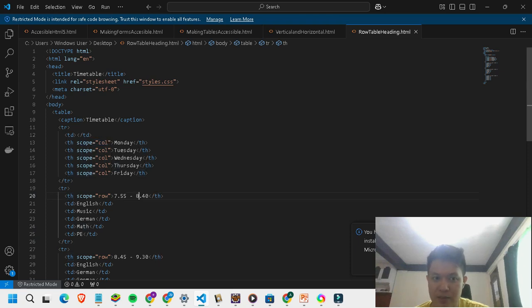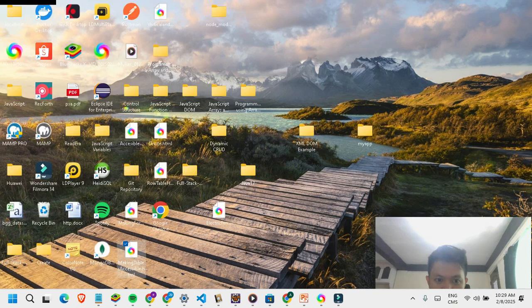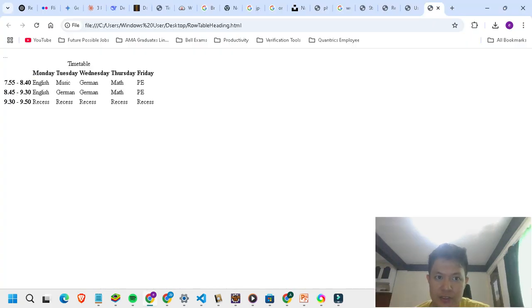So let's say you have a table and you define a TH like Monday, Tuesday, Wednesday. I'll show you in visual row table heading. So here, Monday, Tuesday, Wednesday, if you define a TH, it's usually defined as column. But if you want to define that th as a row, you use the scope attribute here.